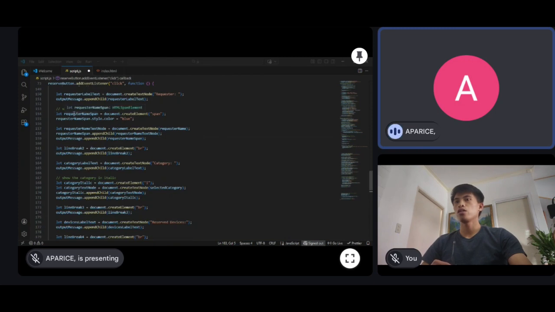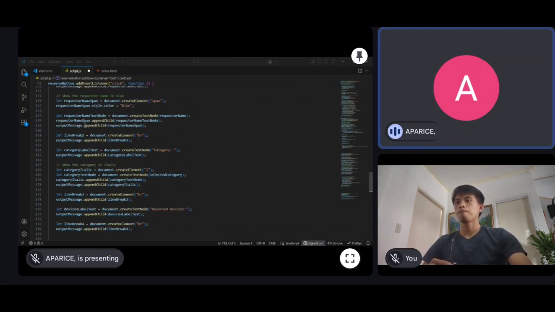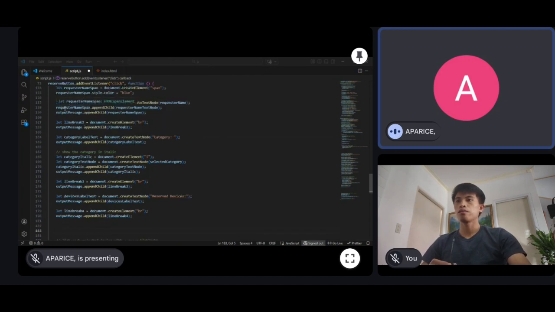Then we create the span element containing the requester name. Then we set the color of the span to blue to highlight the requester name. Then after that, we create a text node containing the value of the requester's name variable. Then append the text node inside the span, and then append the span to the output